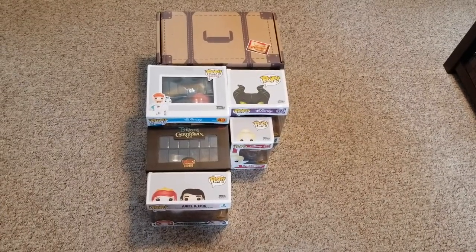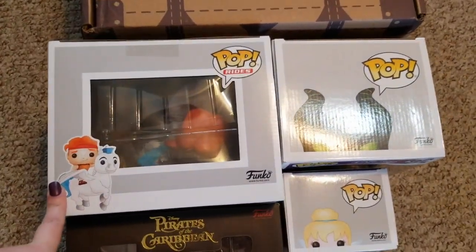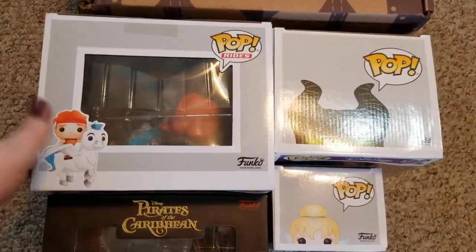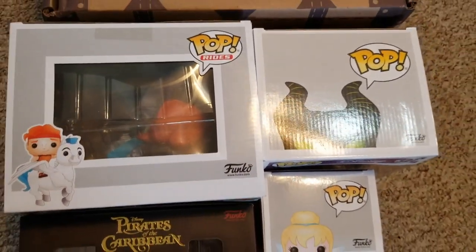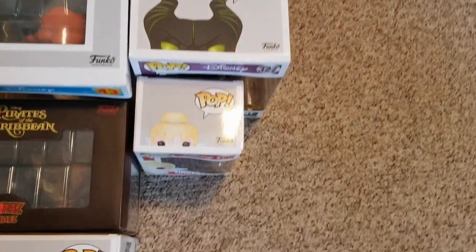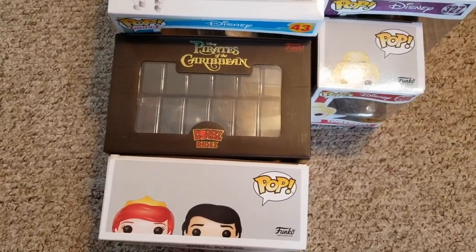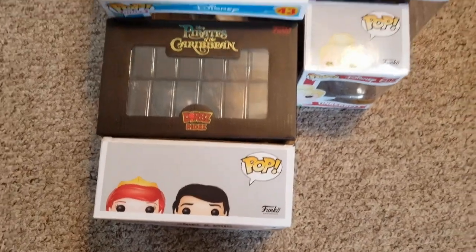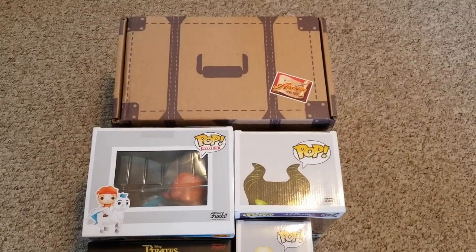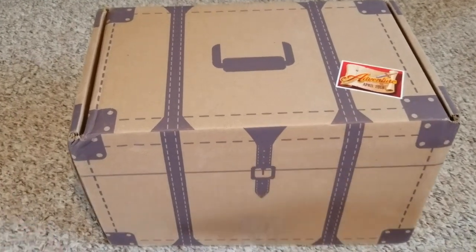So to give you an example of how big this box is, I put it next to a Pop Ride, which is Pegasus and Hercules. It did not come from Disney Treasures, the rest did, but this is a huge box, and it's just slightly taller. This is the 6-inch Pop, which isn't even half the size. A regular size Pop, which you can see the difference between the two right there. A Dorbs Ride, and a 2-pack. So those are all smaller than this box. So it makes me wonder, is it going to be a ride, a 6-inch, a 2-pack? What is in here? All right, let's open it up